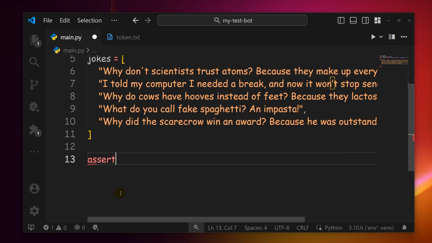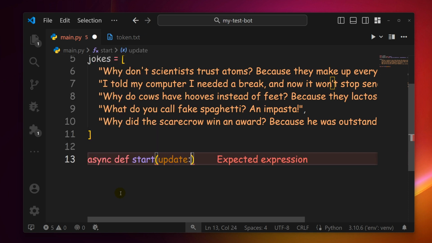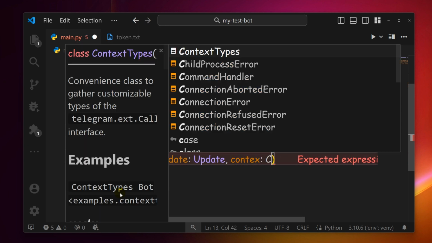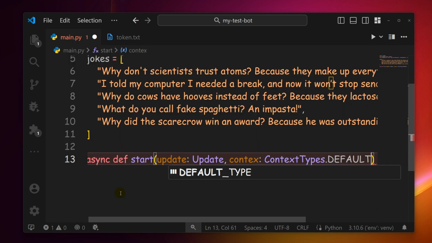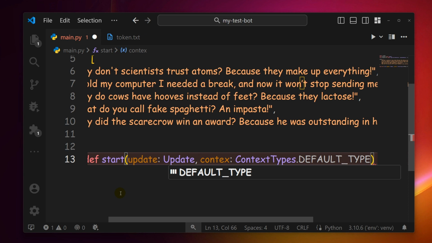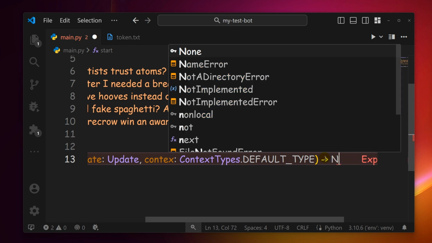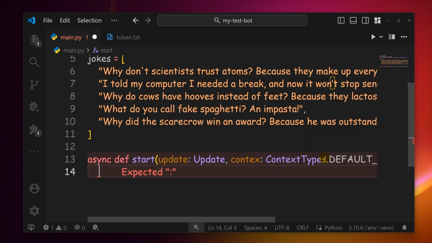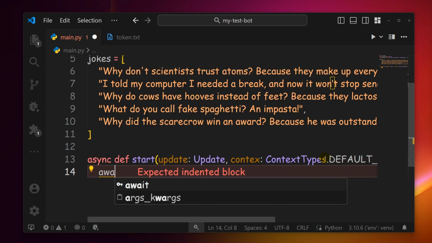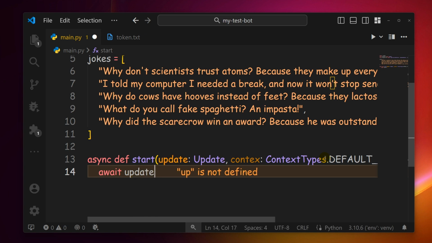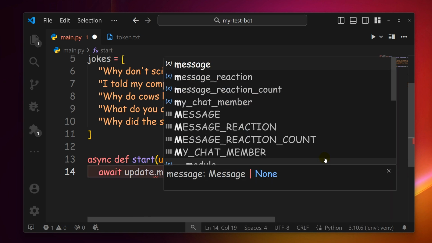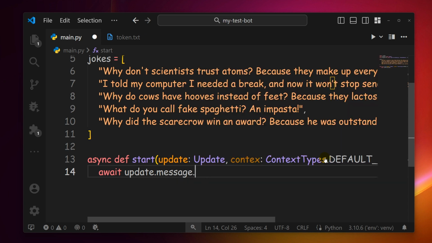I'm going to create an asynchronous function called start. And here I'm going to add an update parameter to this function, which is going to be an instance of the Update class, and define a context for our function, ContextTypes.DEFAULT_TYPE, and what else? Nothing. So let's go inside our function, and here I'm going to await and use the update parameter from the start function, and send a message as a reply